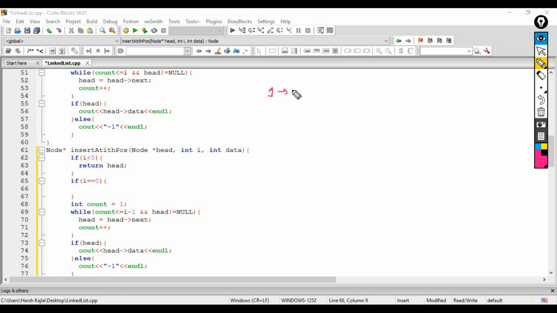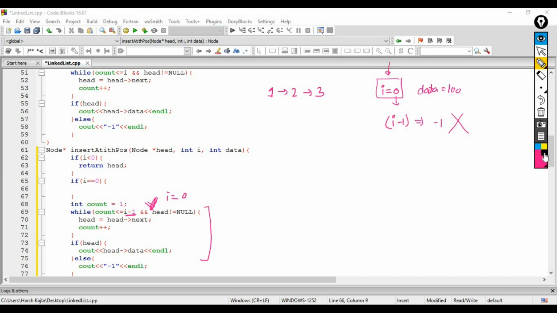So if this is your linked list 1, 2 and 3, and the position is 0 and let's say the data is 100, we have to handle this case differently. If you take the help of this function, then as discussed, how many iterations do we have to make? i minus 1 iterations. So the value of i is 0, that means we have to make minus 1 iterations, and that doesn't make any sense, right? So this loop will not be executed if the value of i is 0. You can see, this loop will never get executed. So that's why we have to handle this case separately.